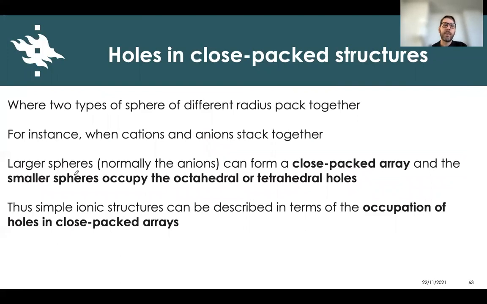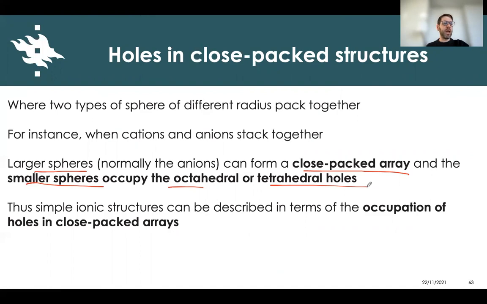So in this case, when we are talking about spheres of different sizes, like the stacking of cations and anions, what happens is that the larger spheres, which are the anions, usually form a closed packed array, as we just discussed, and then the smaller spheres, the cations, occupy the octahedral and tetrahedral holes. This is why these simple models of stacking of hard spheres are so useful and so important, because